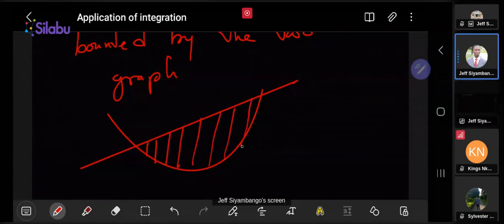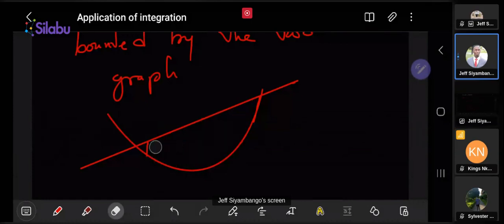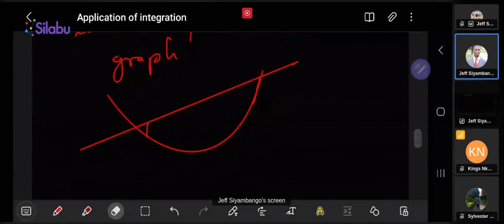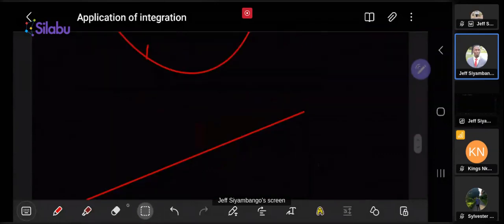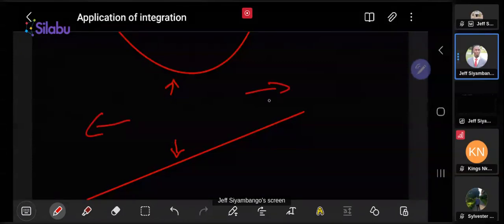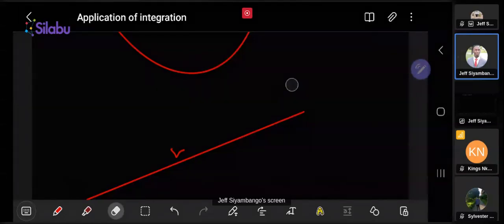But if I say you have one graph there, and let's say you have another graph here, and then you have the area bounded by the two graphs still as a statement. See, here the area bounded by the two graphs is hard. It's more like infinite here. Because I'm saying the upper boundary is that one, the lower boundary is this one. But how about this side? What are we looking at? It becomes endless. So in these cases, they'll say, okay, bounded by the two graphs, but